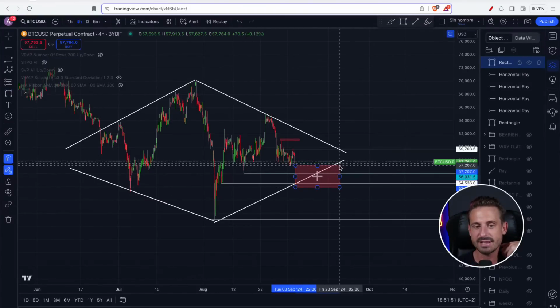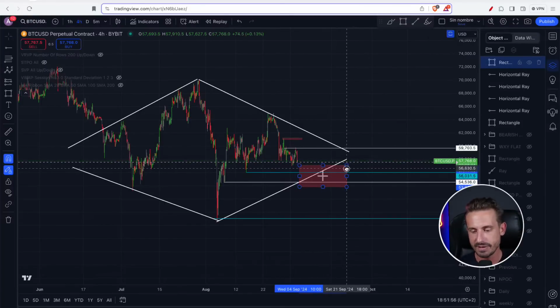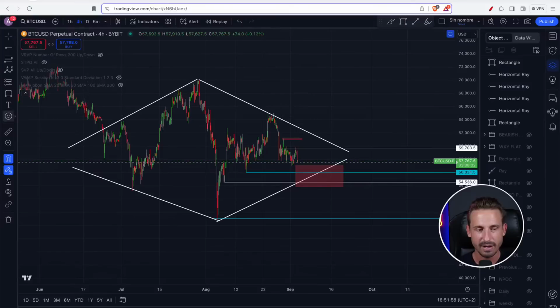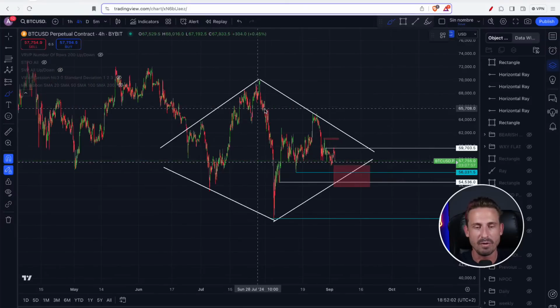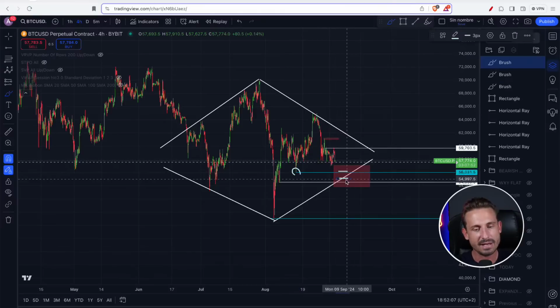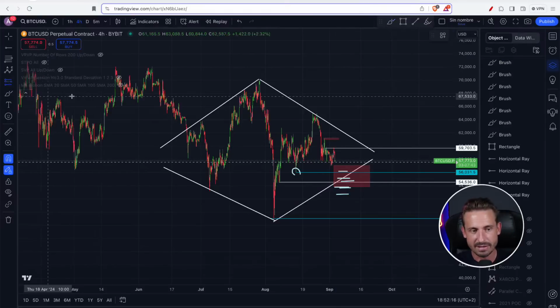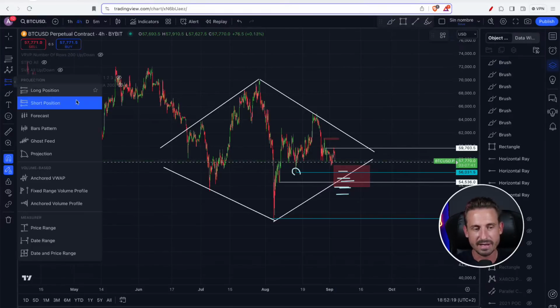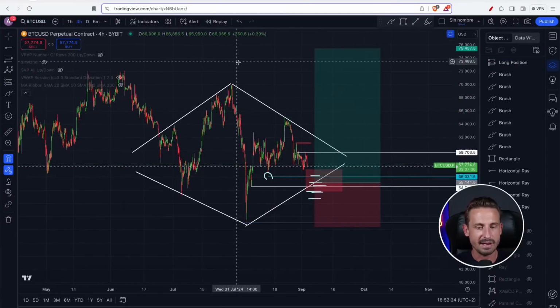Could it bounce in this zone for a swing long? Woo, not going to be easy. I prefer to day trade instead of believing this, guys, because don't get me wrong, there's going to be a lot of people believing in this diamond reversal pattern, right? If we do dip beneath this low, they're probably going to enter some swing longs and add to the position, right? Because when you're swing trading, you would probably want to add to the position. My invalidation is at the lows here, right? And the risk to reward to the all-time high, yeah, it could be good,